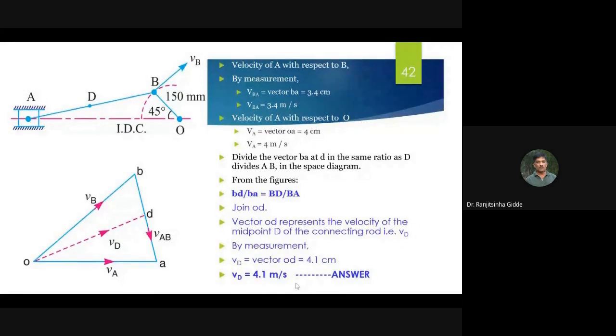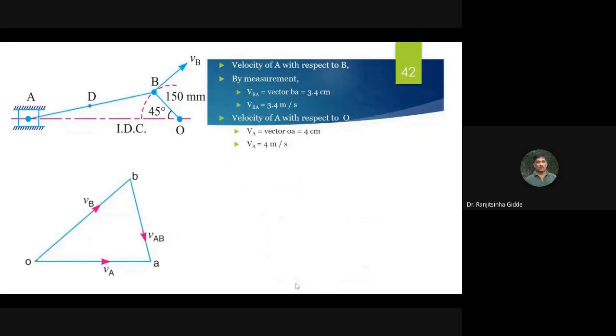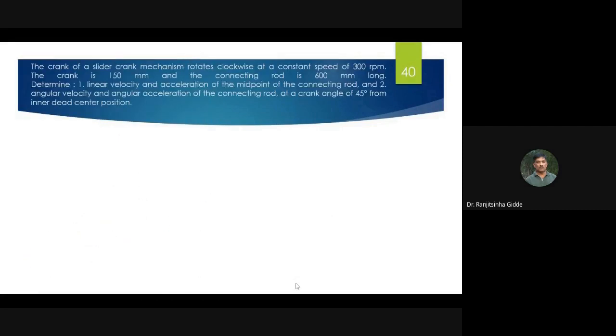So we have started this numerical for drawing velocity and acceleration, and to find the linear velocity and acceleration of the midpoint of the connecting rod and the angular velocity and angular acceleration of the connecting rod. Okay. In the solution, we have seen